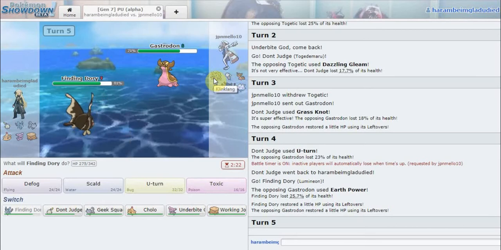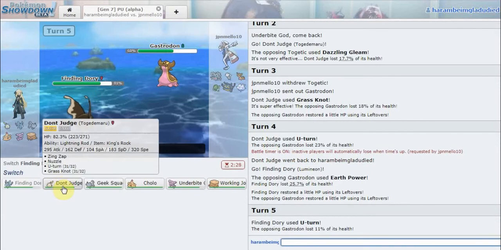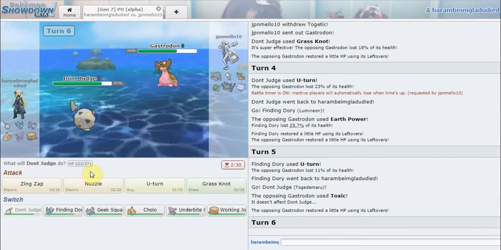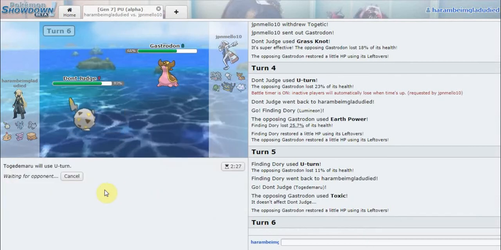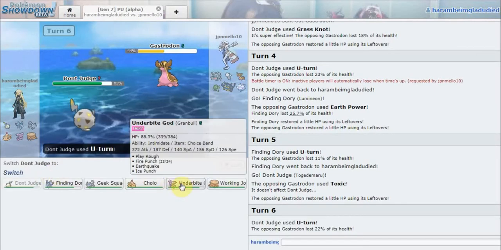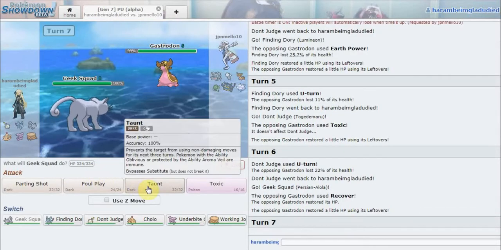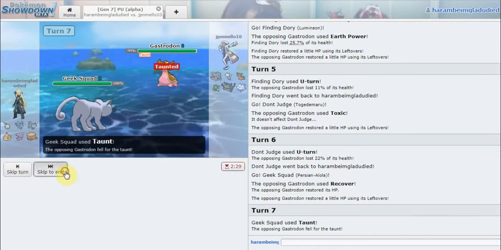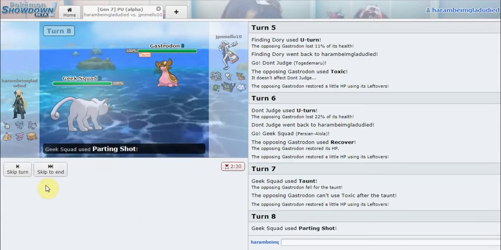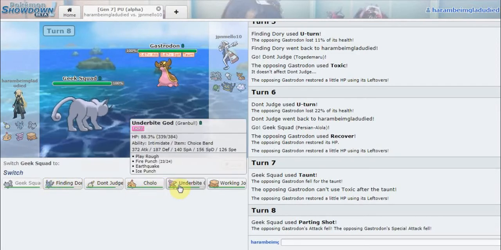Klinklang comes in right here and actually sets up. That could be a bit of an issue. I think I just U-turn here, expecting a Toxic. Yeah, let's go for the Toxic. Toxic, Earth Power. Does Recover. Can't status me now, so